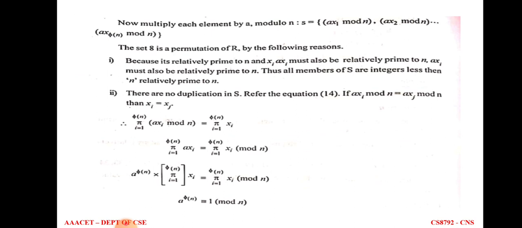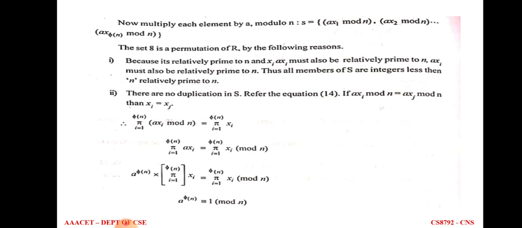So in the first step we are taking the summation concept, because in each and every term of S the value varies from 1 up to several times. So we are taking the summation formula, that is the product for i equal to 1 up to phi of n, and taking the common value a xi mod n, because in each and every term only the x value changed. The common value is a mod n and the x value is getting changed from 1 to phi of n. So we are taking the product, and the i value changes from 1 to phi of n, and we are writing a xi mod n.